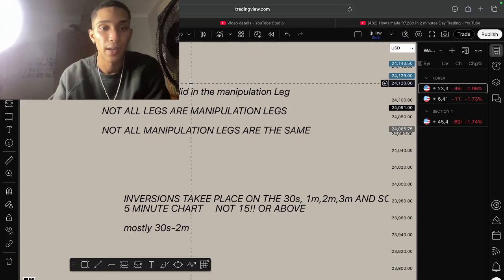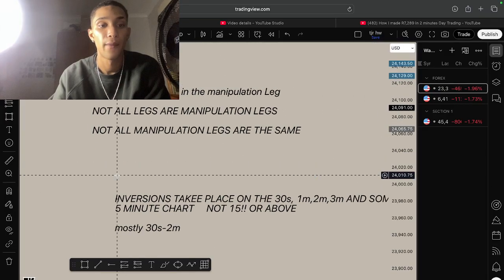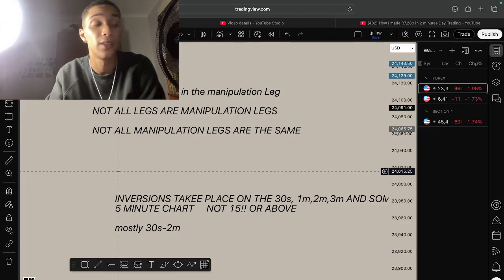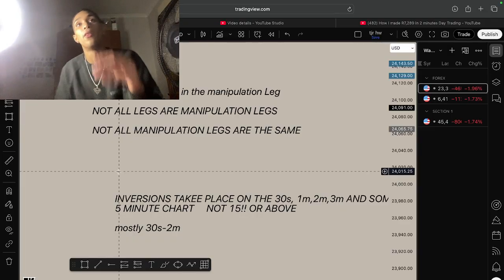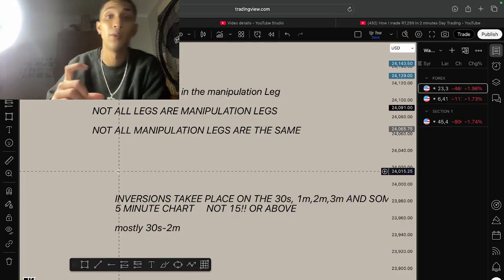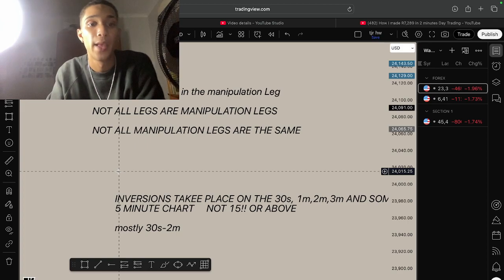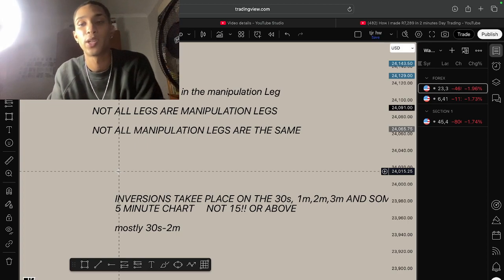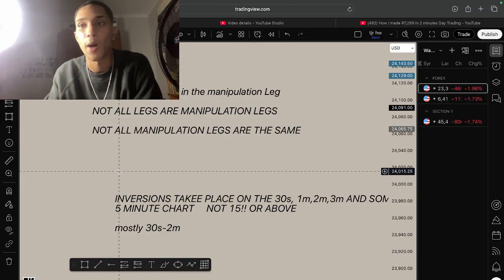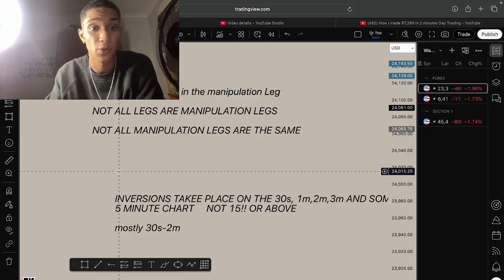IFVGs are only valid in the manipulation leg. A manipulation leg is the small zone of price that actually delivers into your PDRA, not the whole 15-20 minute range. It's just that small final burst of price into your PDRA. Not all legs are manipulation legs. Again, not every zone that pushes up is going to be a manipulation leg, right? It has to be the small burst of price that sweeps your PDRA,